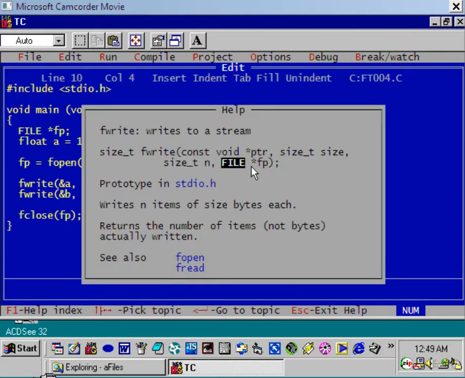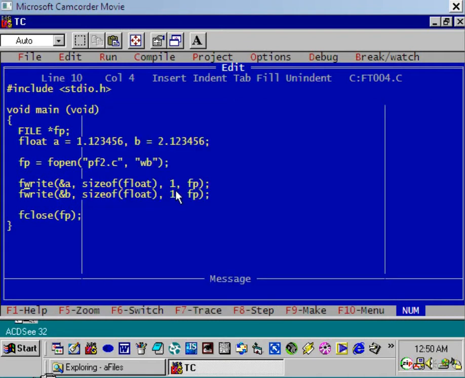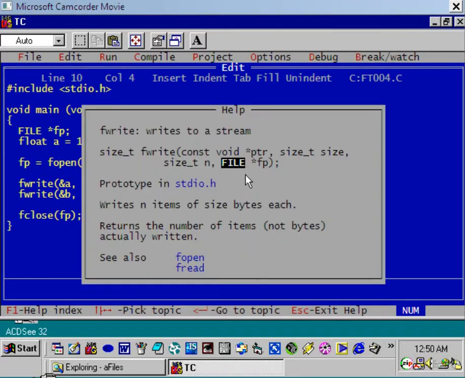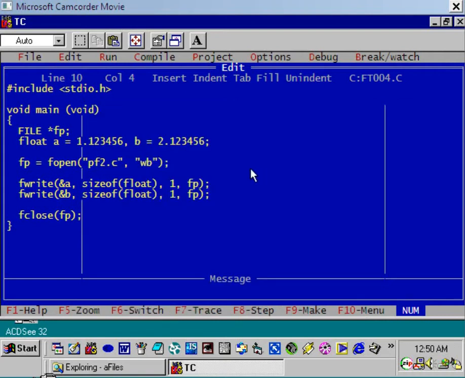Now see the next step. The third argument is size_t n. This shows how many variables of float type you are writing to this file. Only one variable, and that is why I have written 1 over here. And the last argument is FILE star fp, that is nothing but a stream. So which stream are you using? fp. Is it clear?